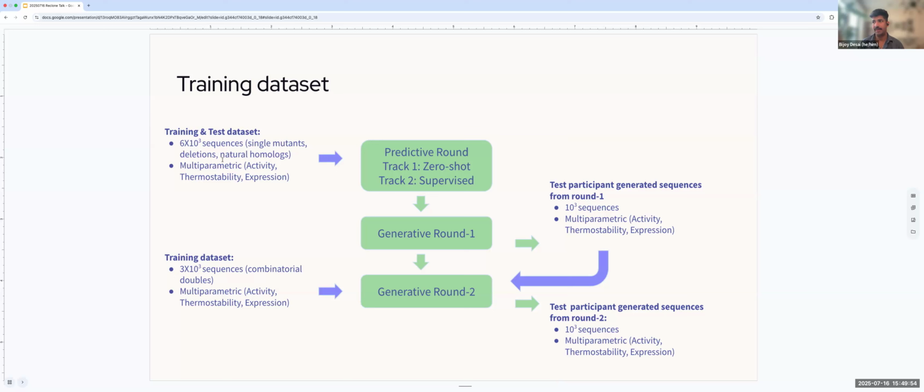So they'll have all of this diverse sequence data that they can use to train their models, both for predictive as well as generative